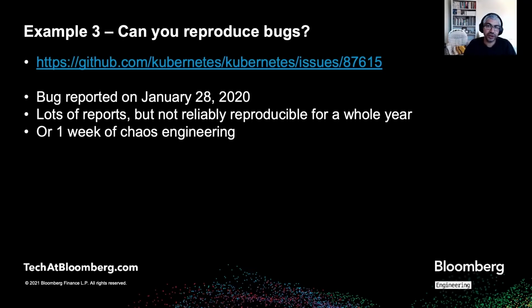So this is a value that you can get from chaos engineering: anytime you do an upgrade, be sure to run some chaos engineering experiments and try to see what breaks. In this case, the bug was actually in the underlying Golang library. So it existed in, I believe, Golang 1.13 and was fixed in Golang 1.14. And the bug was actually fixed in Kubernetes 1.18 when they recompiled against, I believe, 1.14 or might be 1.15. But it's always a fun idea to try to repeat your experiments anytime you're trying to upgrade. And anytime you get a bug, you can try to see whether you can reproduce it.